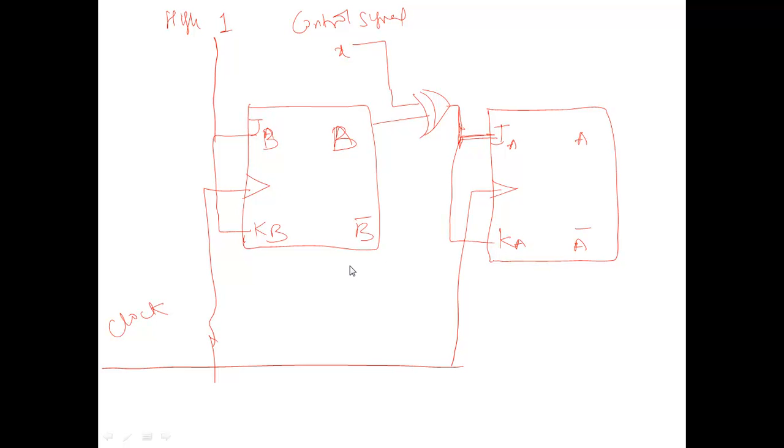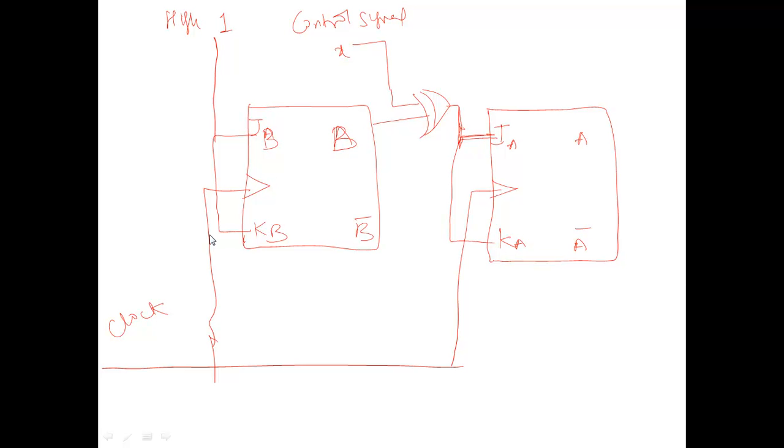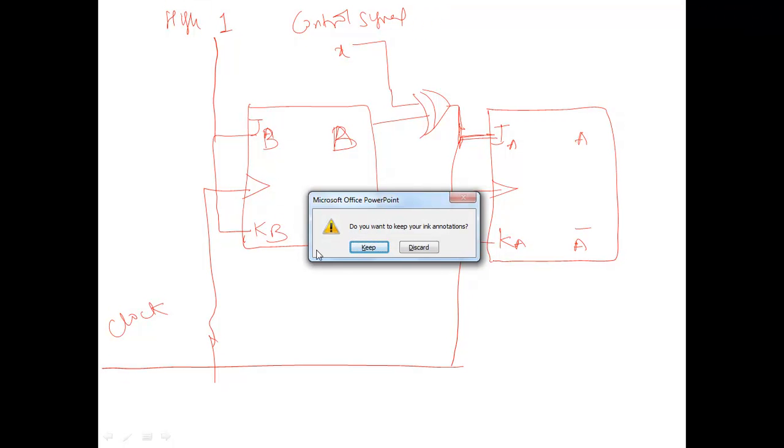Okay, so like this you can design any counter given. If you want to design a sequential circuit, the first step is to draw the state diagram. From the state diagram you draw the state table, and from the state table you find how many flip-flops are required. You have to decide the number of flip-flops, and also what type of flip-flop you are using. Accordingly, you use the excitation table to find the input to the flip-flop. Then use K-maps to realize the input to the flip-flop. Then you implement the circuit using the flip-flops and the gates. Okay, so this is about the designing of the counter. Okay, thank you.